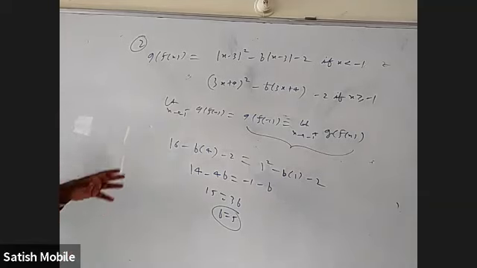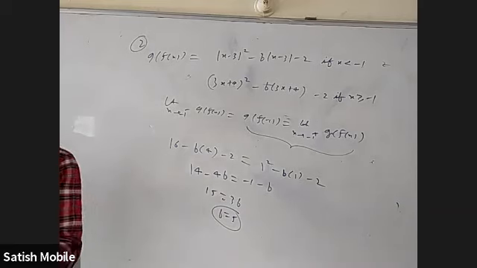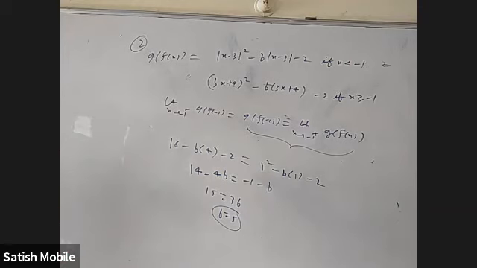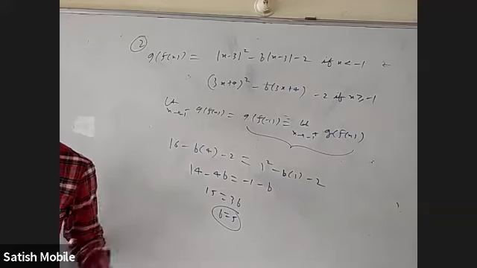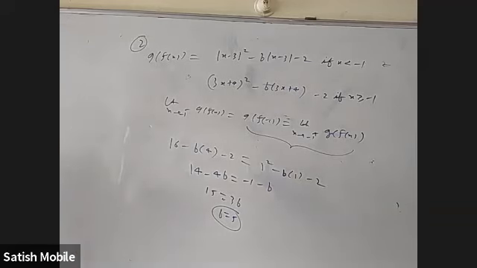This writing is okay, this is better, but still at minus 1 the left limit for only f is actually 4 and the right limit is 1. But at 4 and 1, g of x should have the same value, then only it will be continuous. It means 1 and 4 should be roots of that quadratic equation actually, and b will be the sum of the roots, 5. I can directly say that. I want a quadratic expression to have the same value at alpha also, at beta also. That is only possible when basically alpha and beta are like roots of that. Not necessary, but alpha plus beta should be the sum of the roots.